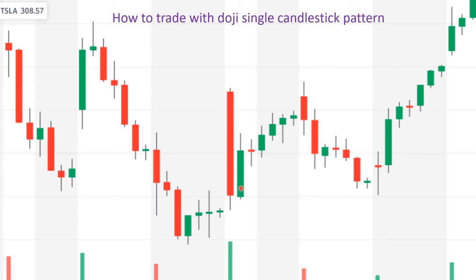So as soon as the price passes the high of this pin bar or doji, then traders should enter the trade and put their stop loss maybe 1 or 2 ATR below the low of this long leg doji. The trend is going to go up sharply,